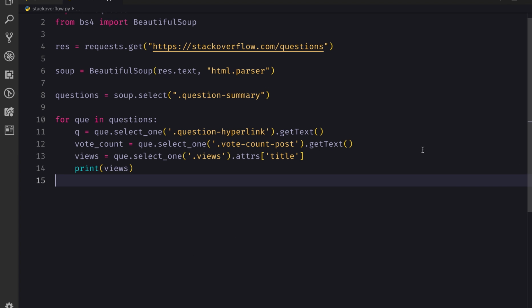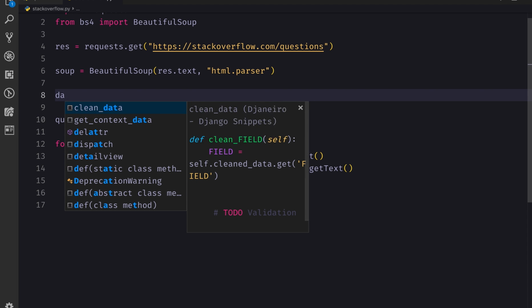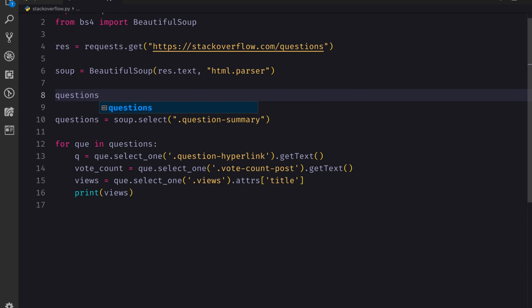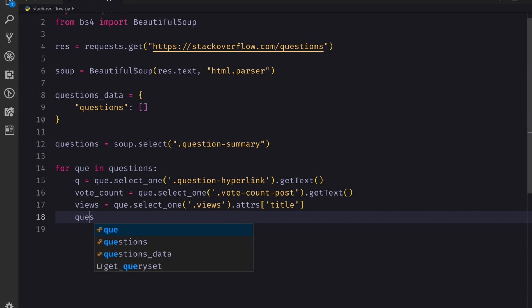Now we got all the data, we have everything here. So on the top we will make a dictionary, probably here, our questions data. Here we will make a sort of a map or dictionary where we can say questions, so that we can make it something like a JSON, and then the question will be a list. So now we will use this question data, and the key which is questions, and then we will use this